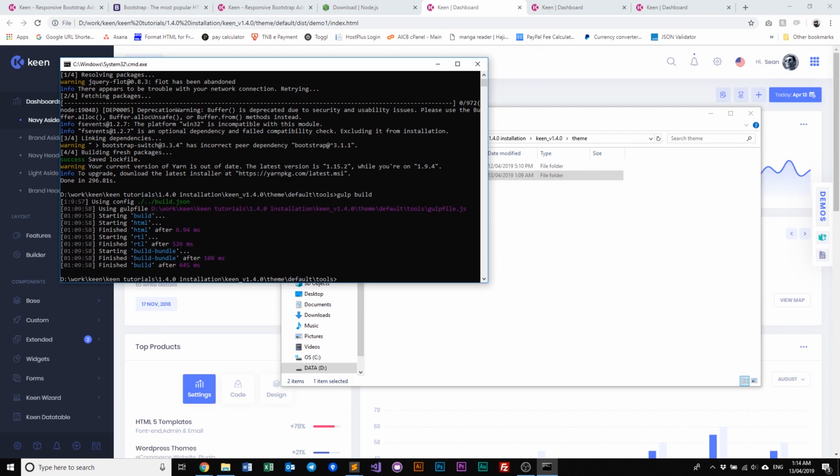Lastly, we would like to mention that we have a few comments from our customers asking if you could use your own build tasks to compile Keen. We highly do not recommend that, simply because our theme file structure is very specific and robust, and in order for you to use the theme without any conflicts with your build tasks,